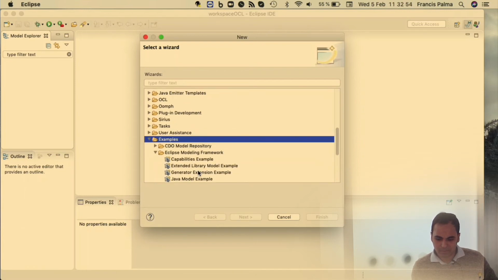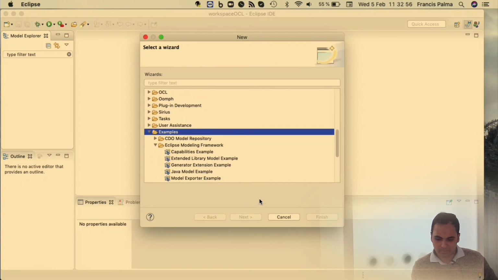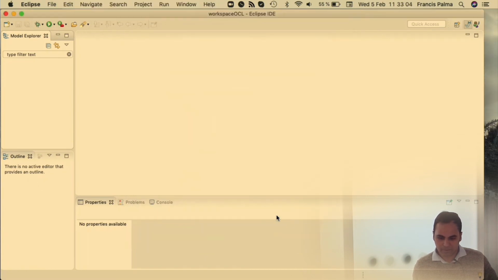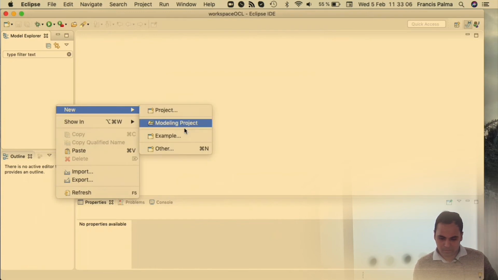Eclipse modeling. No. What did I do? This mouse. This mouse is